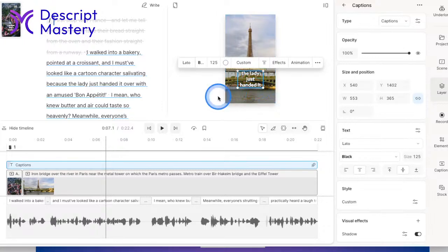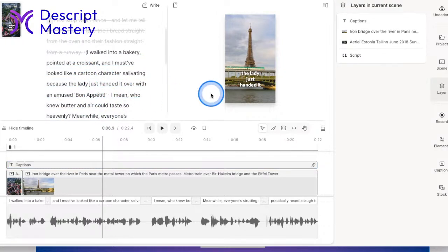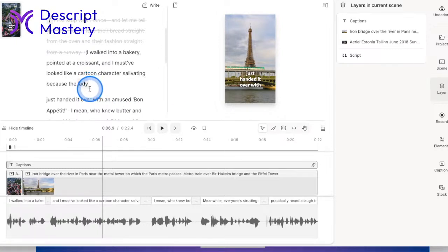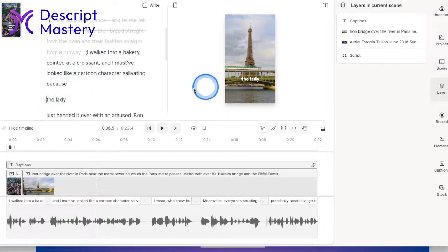And the way that you do that is by coming into your transcript. So right now it says, the lady just handed it. If I want it to be just the lady showing on that line, I can add a return, and notice how, let me back up a second. If I put my cursor right here, click right before the word the lady, and hit return, now it isolates it.